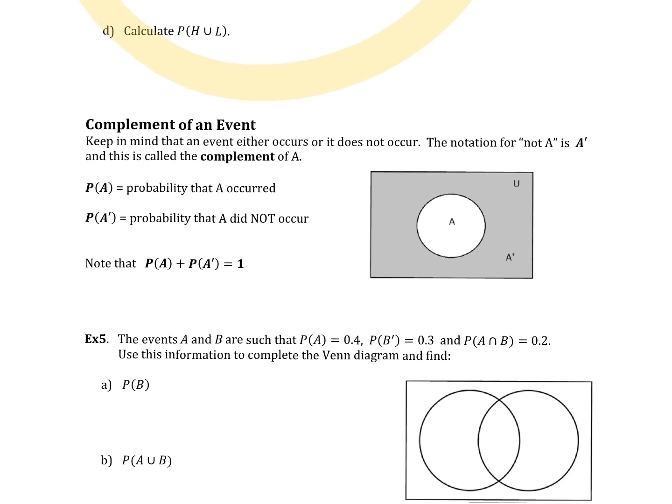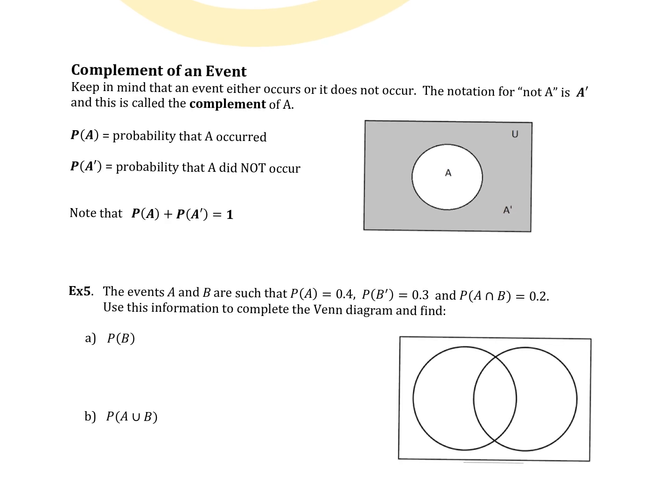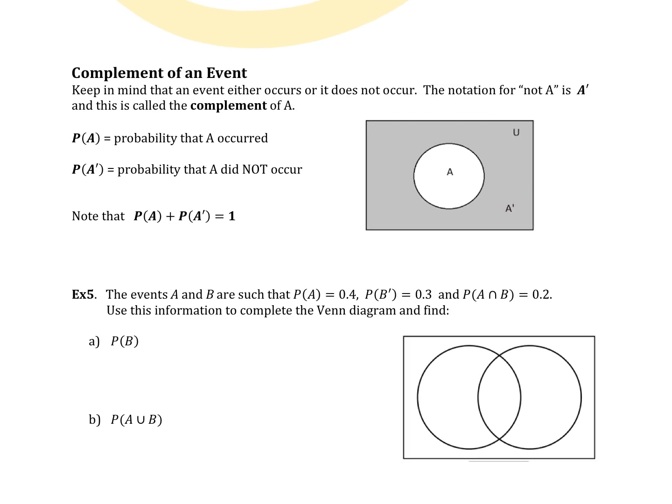Complement is a different kind of concept. Complements are, well, it says here, it's everything but, sort of. So it's like not A. If you're talking about one event at a time, either it happens or it doesn't. Sometimes calculating the probability that A happens is really hard, but calculating the probability that it doesn't happen is actually easier. So sometimes we try to do a 1 minus kind of thing. So another thing you can say here is the probability of A is actually 1 minus the probability of A